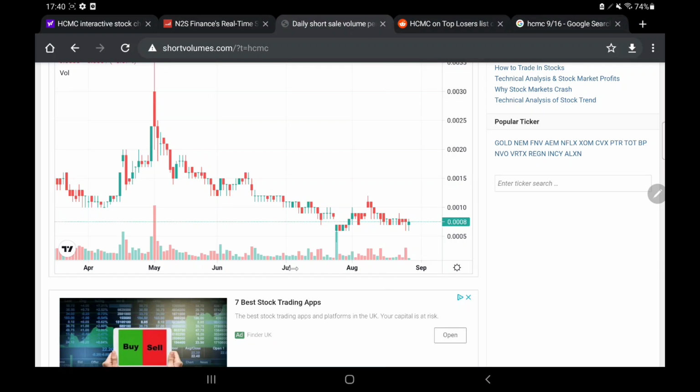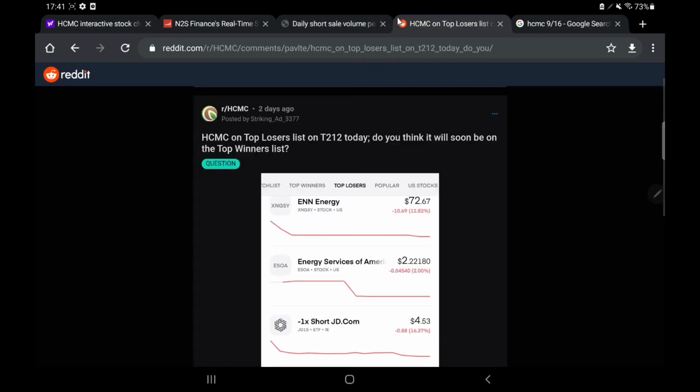We still have about 88,000, should I say, followers on StockTwits, which is good, and message volume is decent, as you may expect, for a company like this, which doesn't really have too much going on at the moment. I know the lawsuit is obviously going on, but day to day there isn't really too much going on. To see that it still has that many followers and people are not losing interest, I think